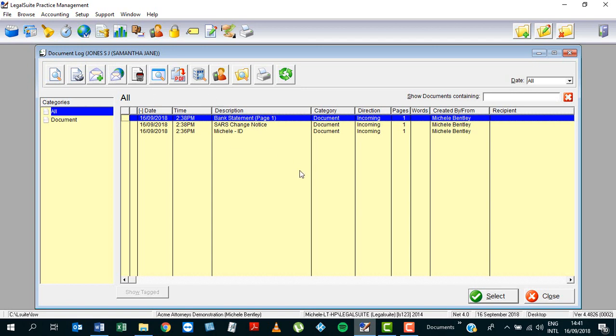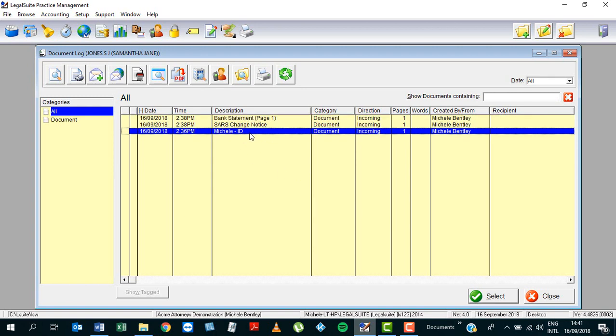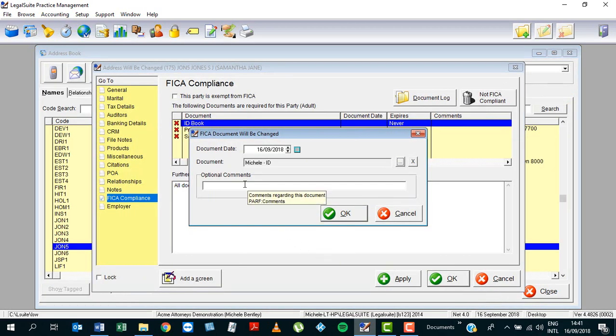This is not the document log in the matter, this is the document log in the address book, and there I see ID. Okay, so for the purposes of this, we are going to use my ID, and I can say select, and here I can make a note with regards to the circumstances of my receiving the ID. For example, received copy of ID, viewed original, certified same. Okay, so I received a copy, I viewed her original ID, I certified the copy as a true copy